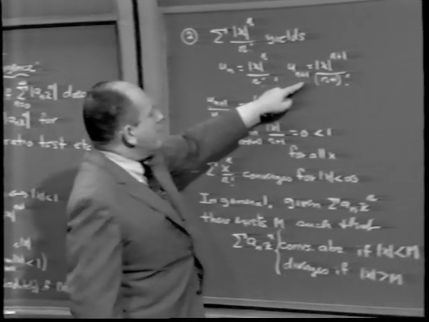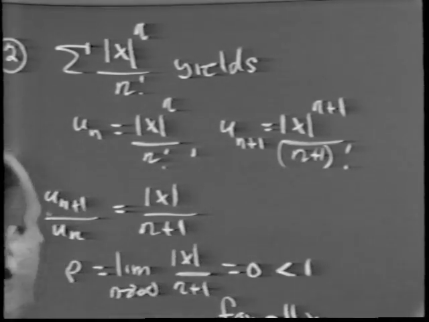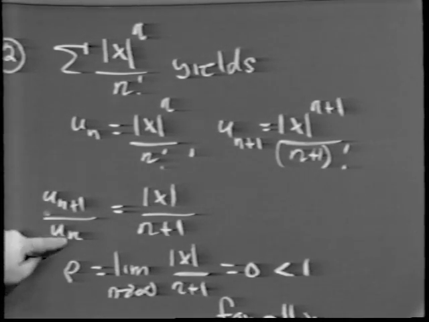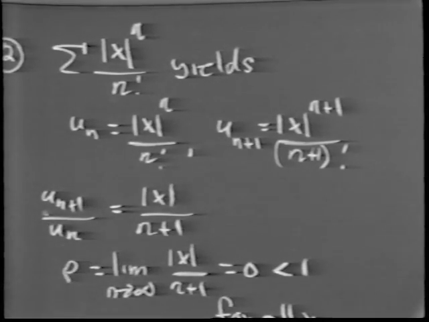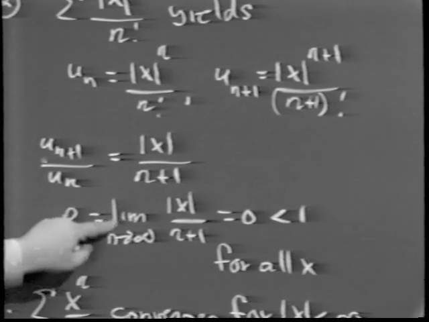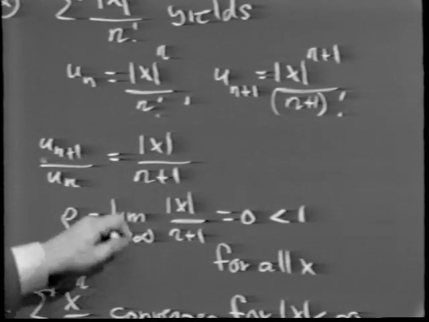The n plus first term, therefore, is the absolute value of x to the n plus 1 over n plus 1 factorial. Therefore, the ratio between the n plus first term and the nth term is the absolute value of x over n plus 1. Rho is this particular limit. Well, the limit of the absolute value of x over n plus 1 as n approaches infinity,